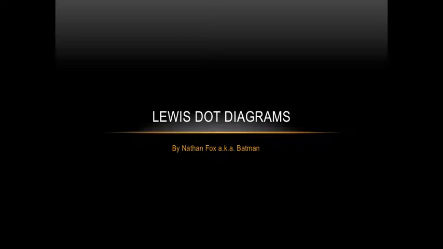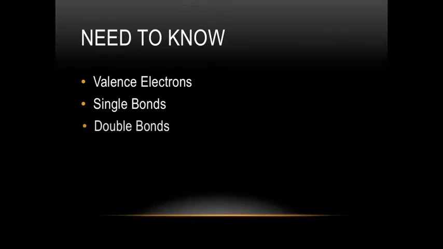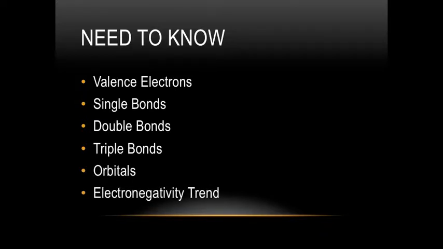Chemistry with Nathan Fox. Today we're going to be covering how to draw Lewis dot diagrams. You should already know what these terms are: valence electrons, single, double, and triple bonds,